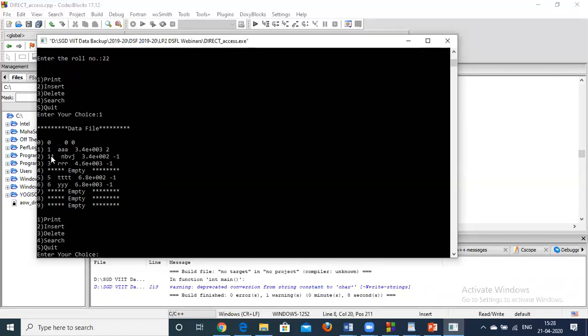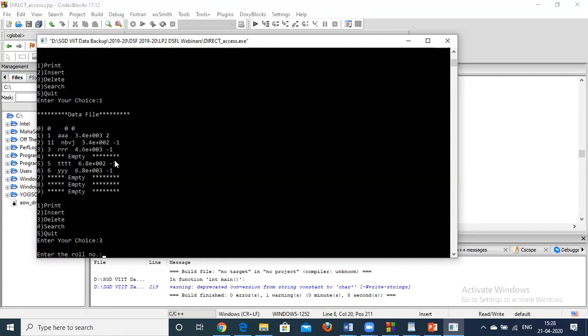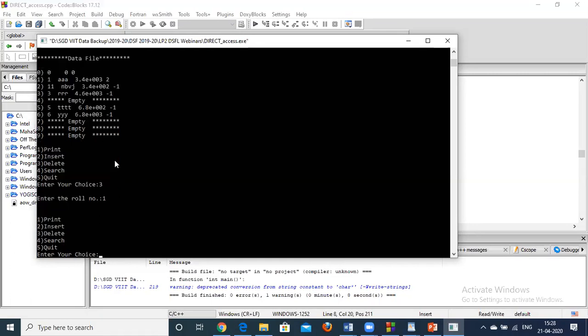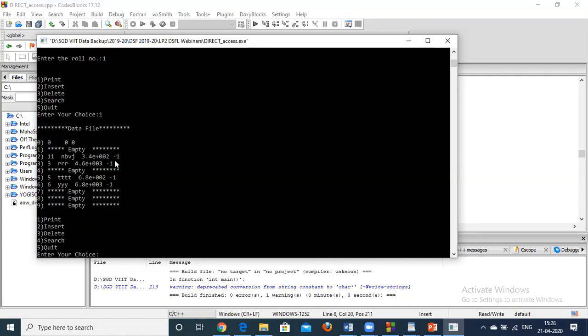If I have to delete, suppose, 1, I will display now. So 1 is deleted. Okay. 1 is deleted. So like this, you have to create a direct access file.